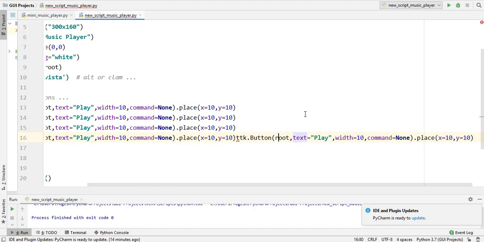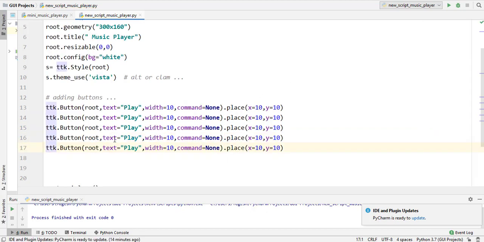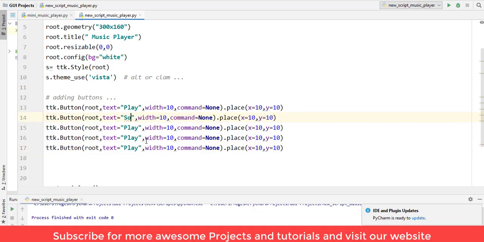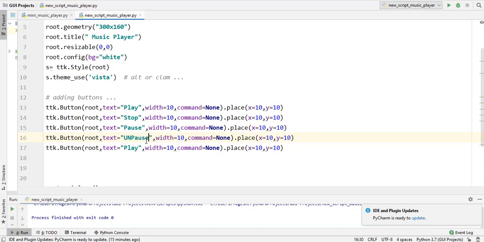Now change the text: stop, pause, and the next is unpause, and the last button is open, and basically this button opens a folder for us.